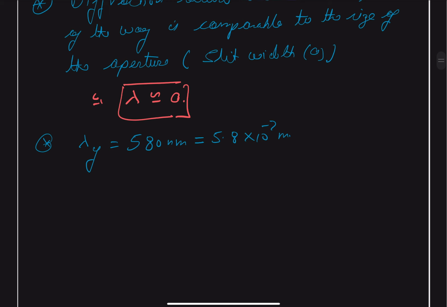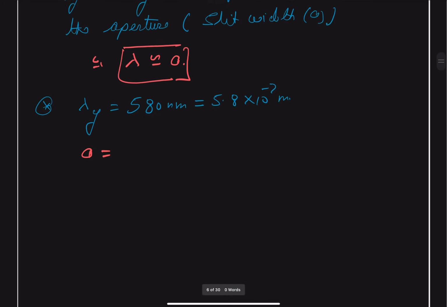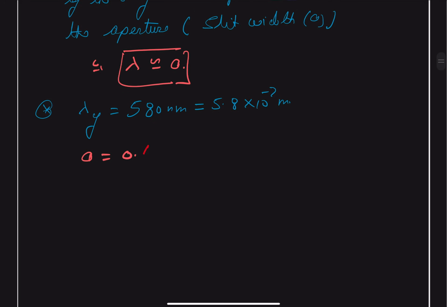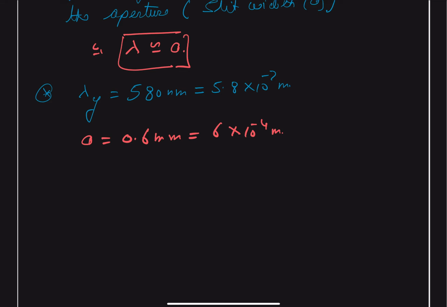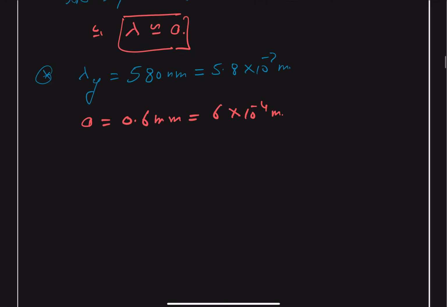And the aperture width A is given as 0.6 millimeter, or 6 into 10 to the power minus 4 meters. So both are comparable to each other, and because of that the diffraction is taking place. And now it is replaced by